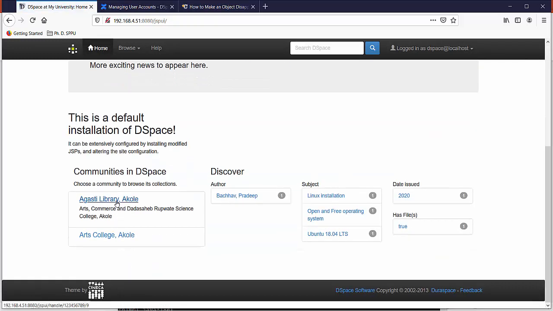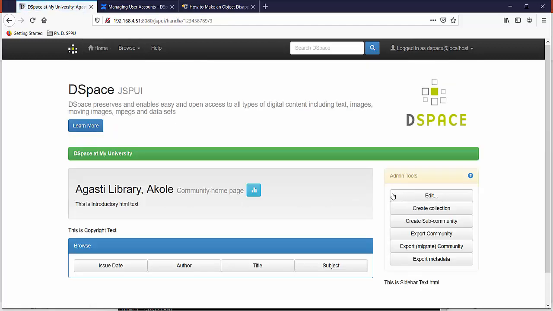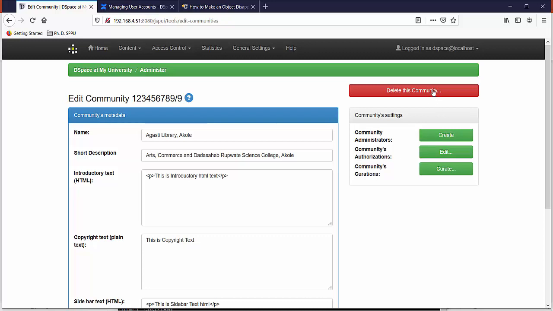Just click on community Agasti library Akole, click on edit button. Look, community settings are appearing at the right part of the page, and community administrators is there, community authorizations are there, and community curations are there. Let's assign Yogesh Mate sir